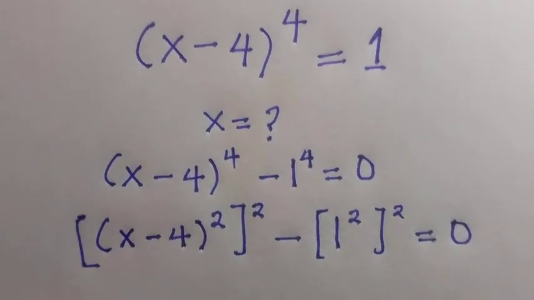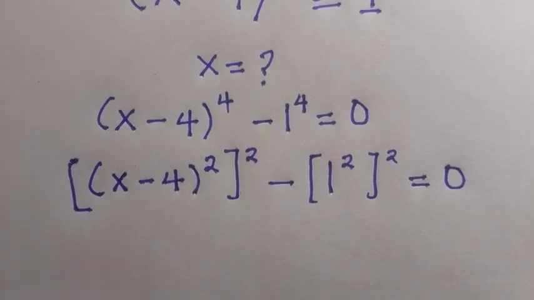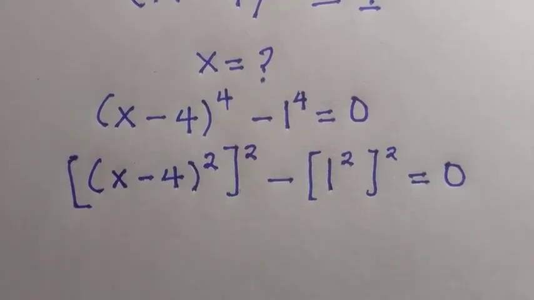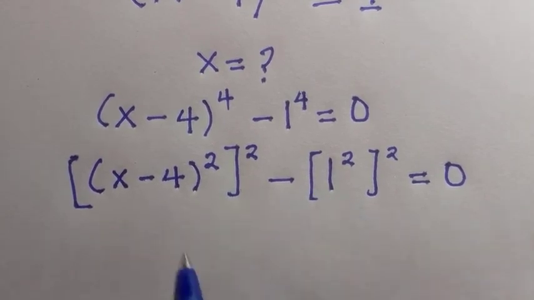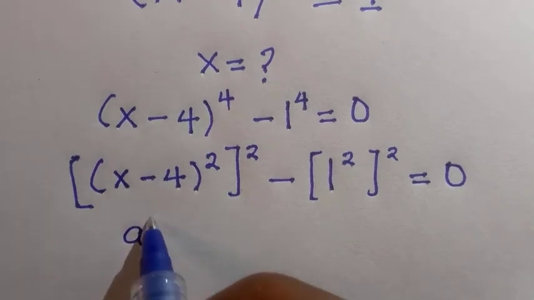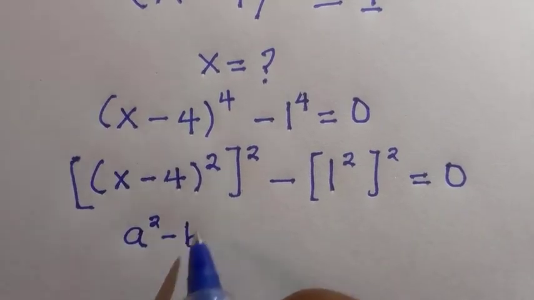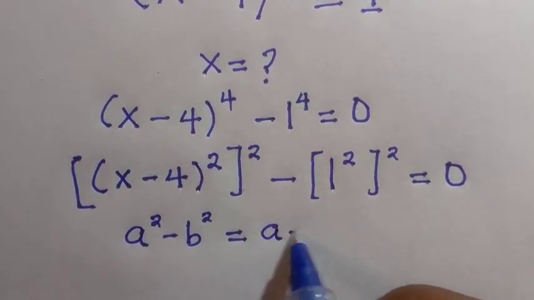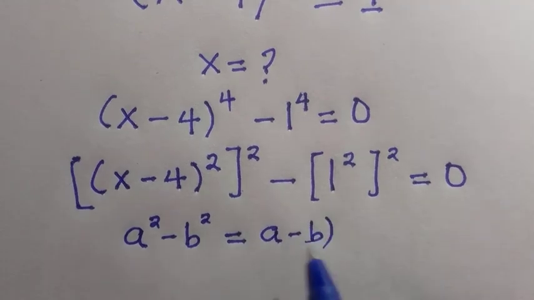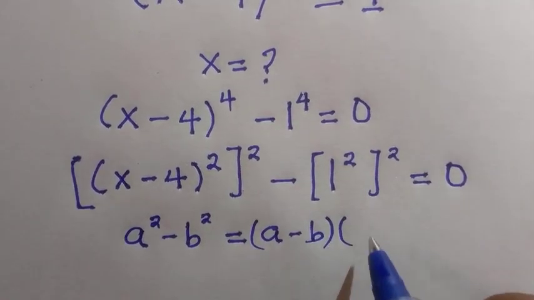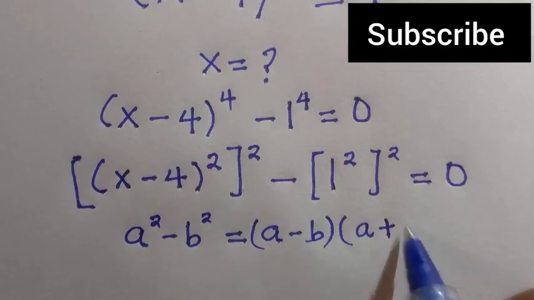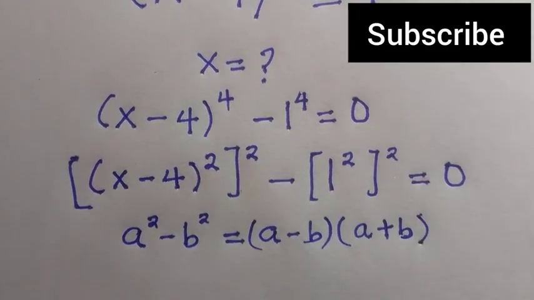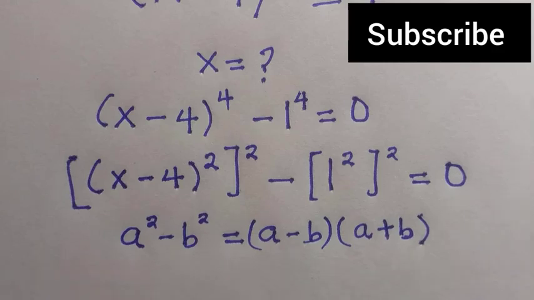So we are going to consider this identity. Suppose (x − 4)^2 is like a and 1^2 is like b. Now a^2 − b^2 equals (a − b)(a + b), and we call it the difference of two squares. We have a^2 and b^2 with a negative between them, so that is the difference of two squares. So by applying it to the above